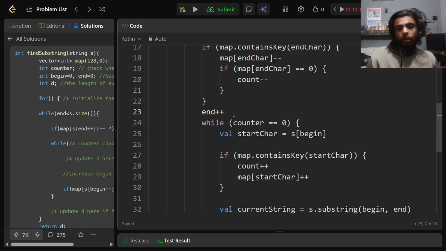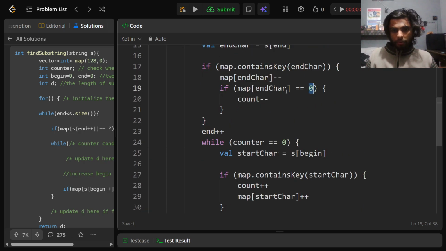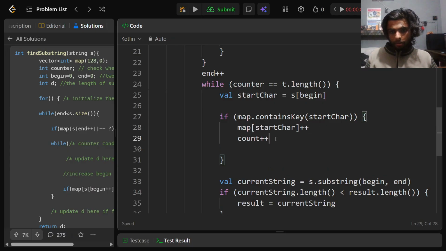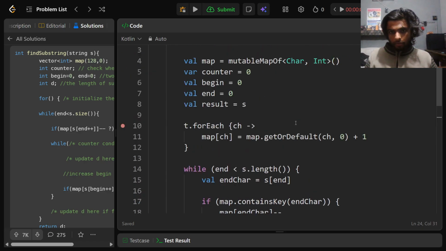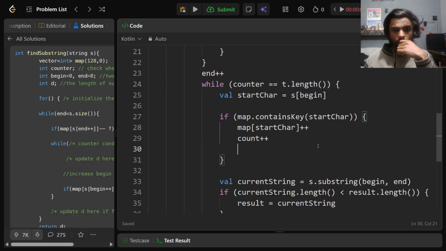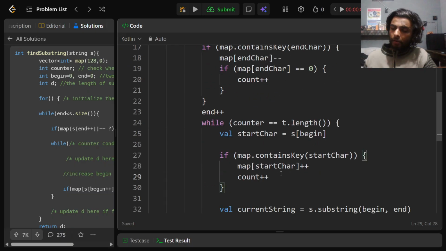Counter will start from 0. What I can do is, to make my counter start from 0, I can say that when my counter is length, plus, and counter plus plus, and